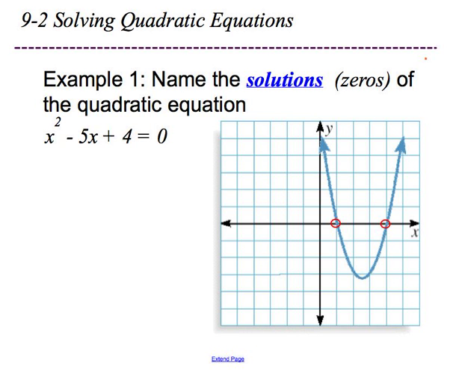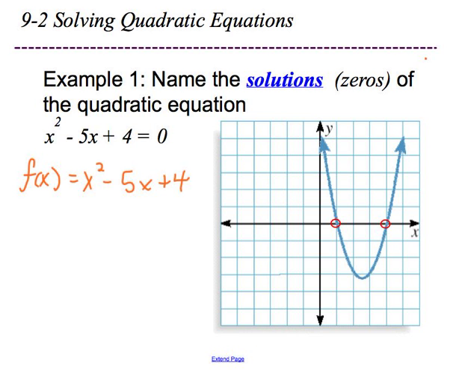And our strategy here is to solve by looking at what the graph of f of x equals x squared minus 5x plus 4 looks like. So it's like, okay, let's look at this graph. Of course, you'd use your strategy and you'd graph it, and it looks like this. And then what we would take a look at is